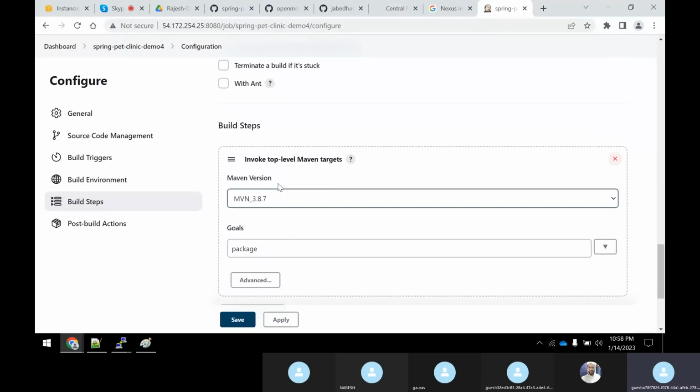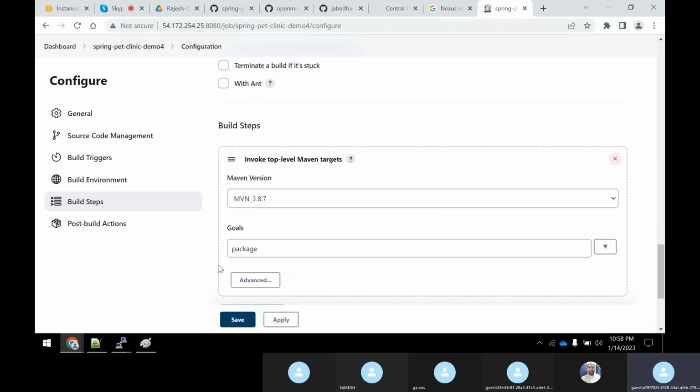Okay, I think you have set the invoke top level Maven target, right? You have set it, and you are providing it. So what is this, guys? This is nothing but the UI way, where the user is trying to make his life easy by providing this invoke Maven so that he can provide the appropriate Maven version and the goal, and automatically it will try to call the MVN package only, right?